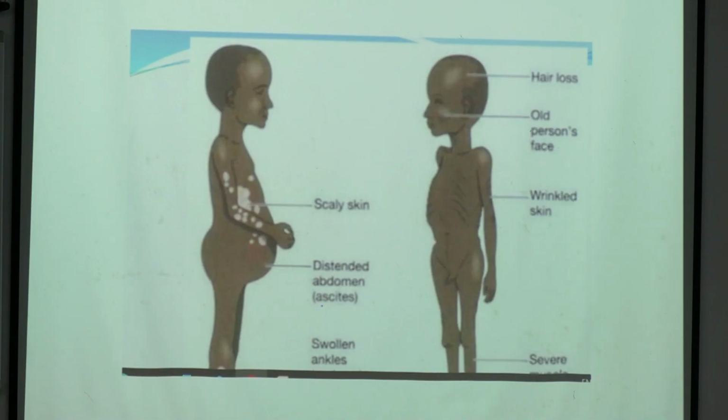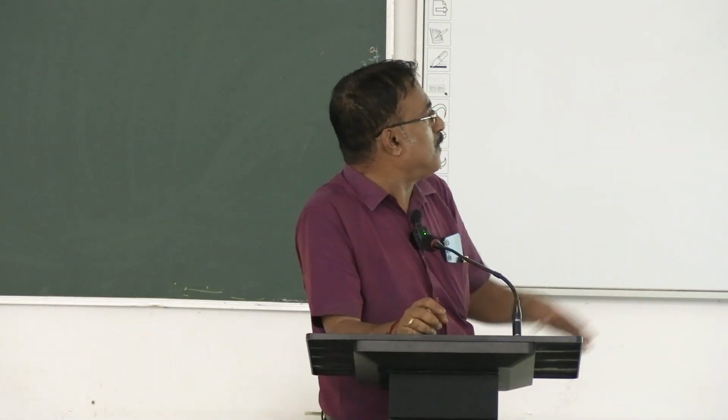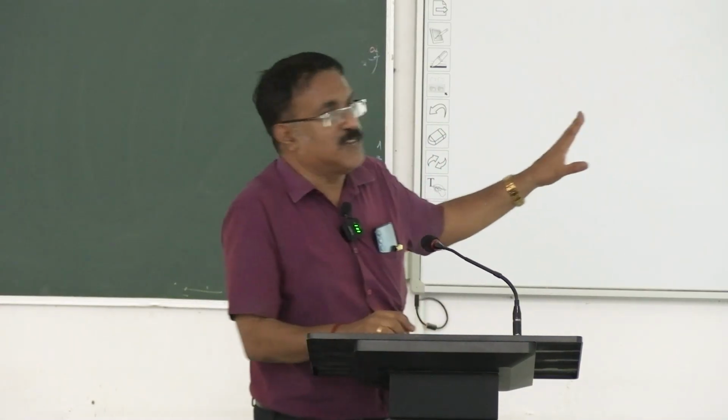So this is a comparison. Here, the left side is Kwashiorkor: scaly skin, distended abdomen, swollen ankles. The right side is Marasmus. You have an old person's face, wrinkled skin, hair loss, and there is no edema. Here you have a slightly fatty, bulging abdomen. This is the difference between Kwashiorkor and Marasmus. Remember edema, we're starting with O. So this is a basic difference between Kwashiorkor and